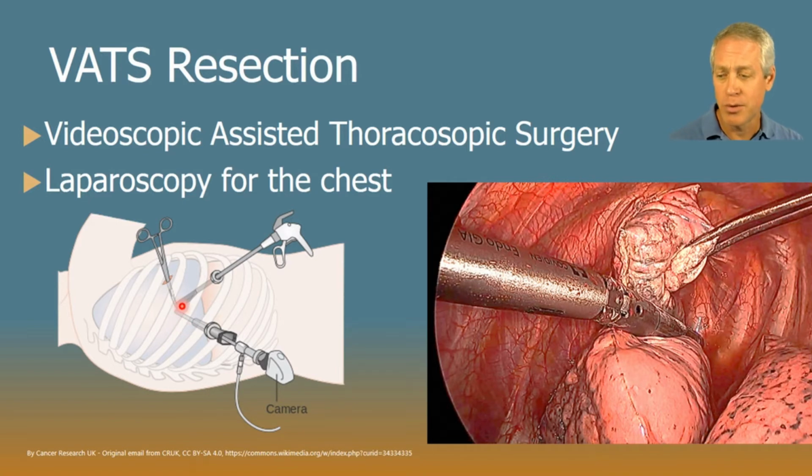In any case, two is almost always done, at least, and 3 is not uncommon. And here's what it might look like. So if we're looking through the camera port, we have a stapler, see the familiar Endo-GIA stapler. That's that same sort of brand used in abdominal surgeries too. And these have these really cool articulating wrists and elbows. They can get all sorts of little angles in there to get around and staple this way and that, all